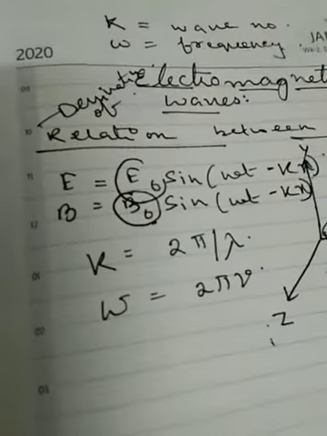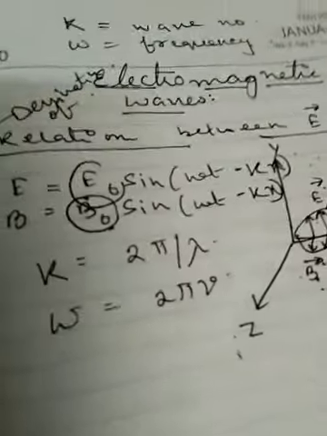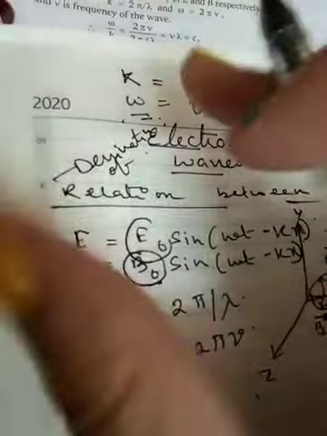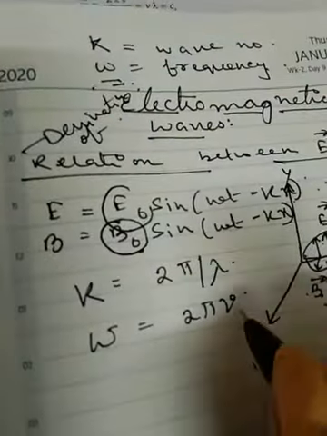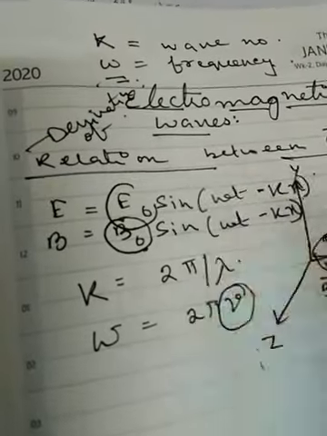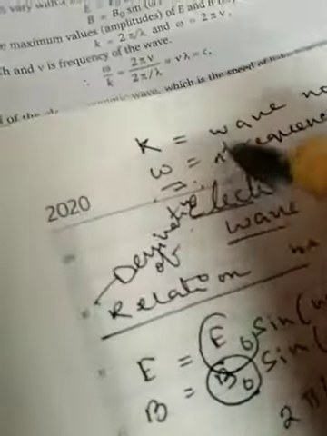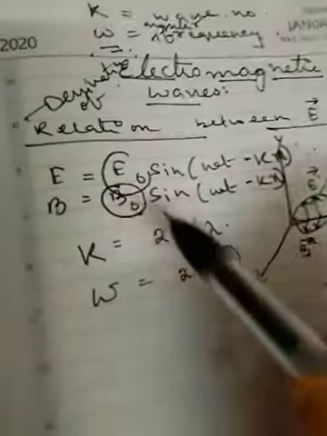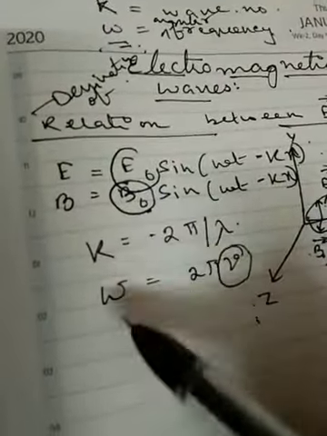Girls, we have known that nu is the frequency, but omega is also a frequency. But what is the difference between omega and nu? The nu is called the frequency of the wave and omega is called the angular frequency. Omega is called the angular frequency, and this is another frequency. Let me consider this as a new frequency. Now I have got two formulas, one as this, one as this.